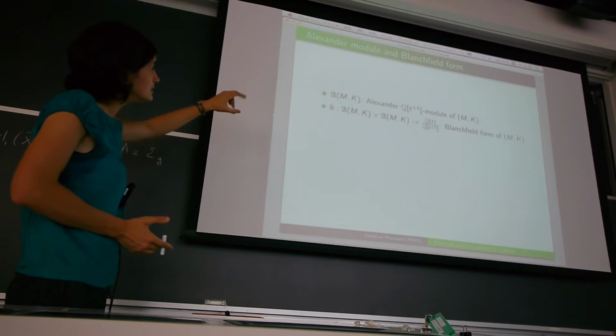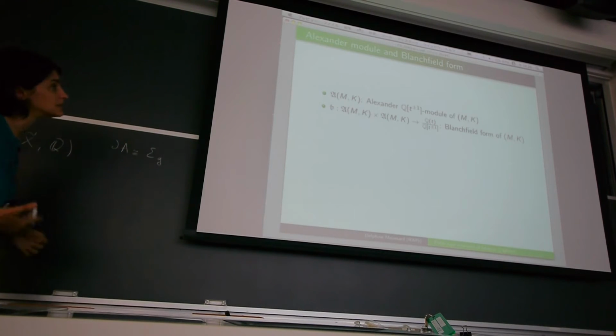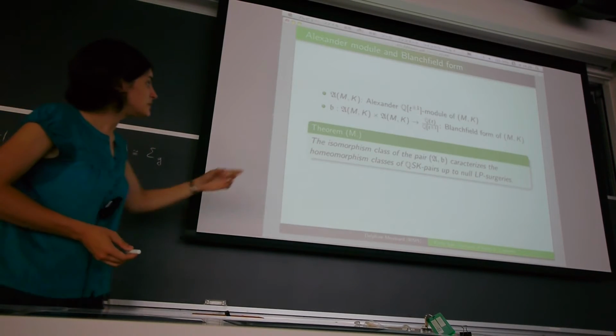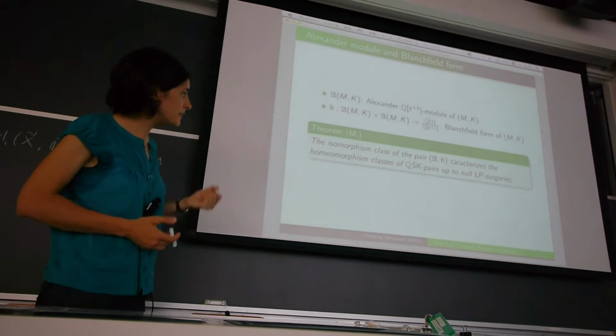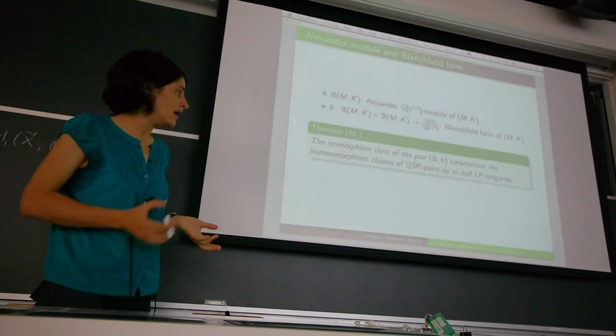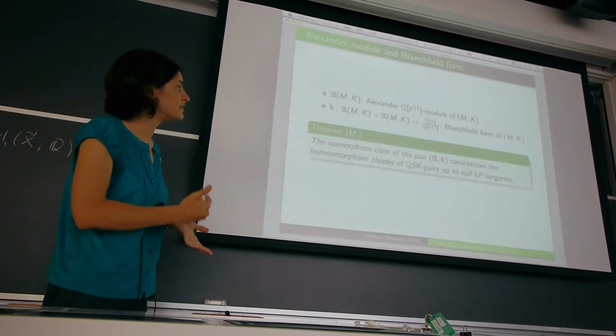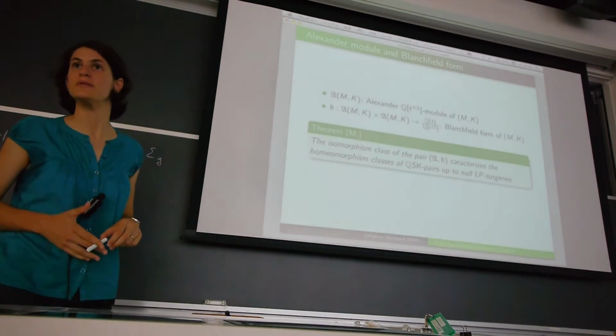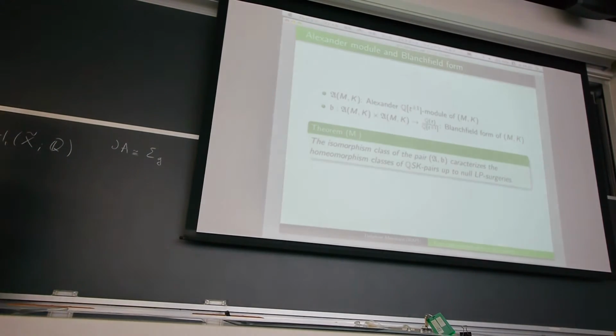So why are these two invariants important in this theory? Because the move of null Lagrangian-preserving surgery preserves the Alexander module and the Blanchfield form. And more precisely, we also have the converse. The isomorphism class of the pair (A, B), Alexander module and Blanchfield form, characterizes the homeomorphism class of QSK pairs up to null Lagrangian-preserving surgery. So this implies in particular that